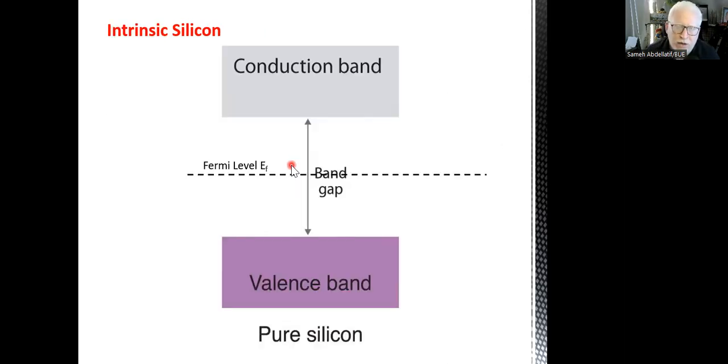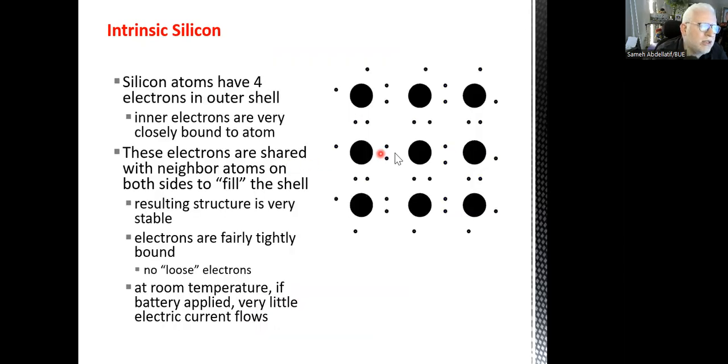Okay, on the other hand, can I do some external effects on a material? Of course, yes. We have what's called an extrinsic semiconductor. The most famous extrinsic behavior is the doping behavior. What is doping? Simply, doping is to add new material, we call it impurity material, to the silicon